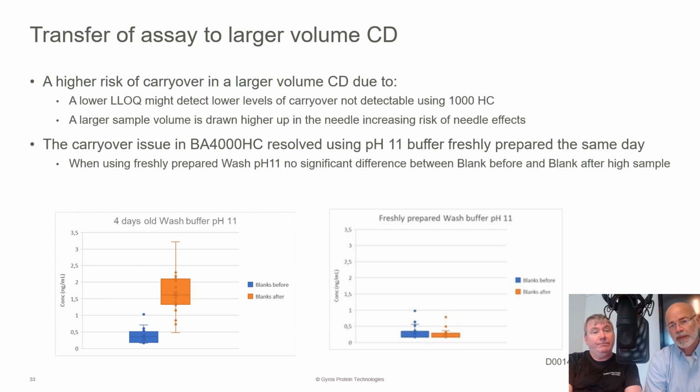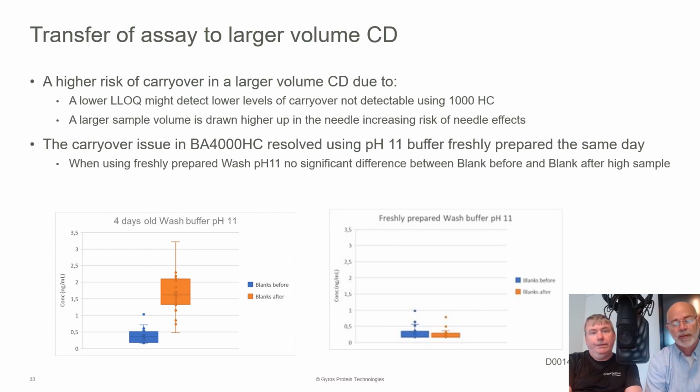Yeah, typically the pH 11 is produced in about a 1 liter batch at a time. And if you're running a couple of runs in a day, that would consume most of the pH 11. So daily prep isn't too onerous. But I think it's interesting. And so what I'll often tell folks is when we say a week's time, I would say that's a 5-day